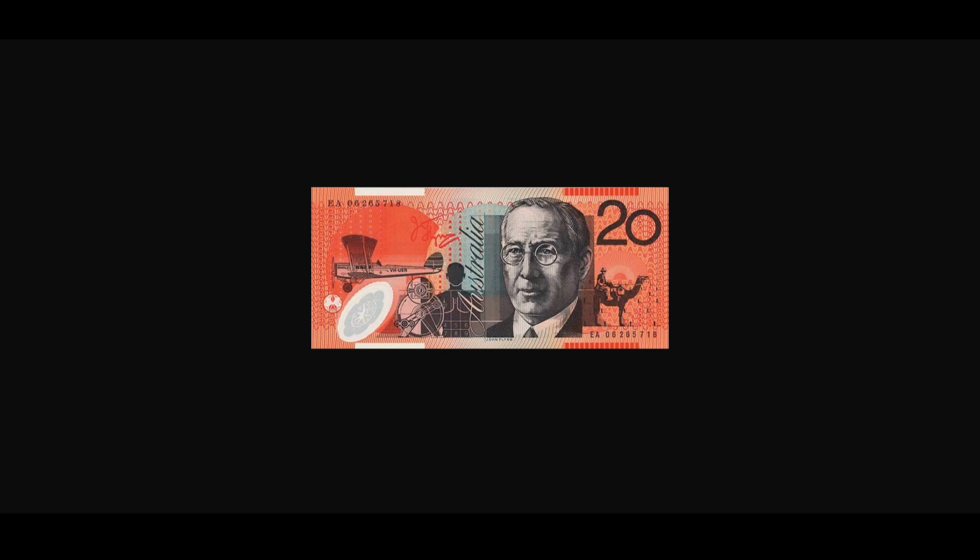So this is a little bit of a different price watch, and today we're going to be looking at the 2013 $20 note. The first and last prefix of those notes are the AA, and the DA is the last. Okay, so